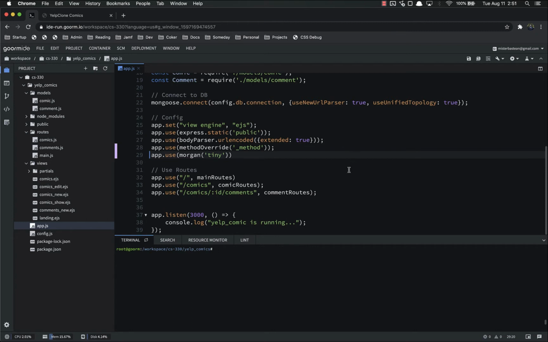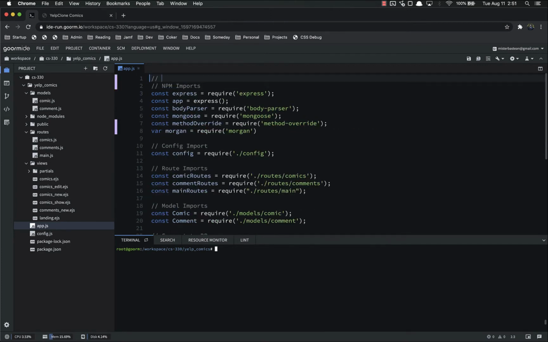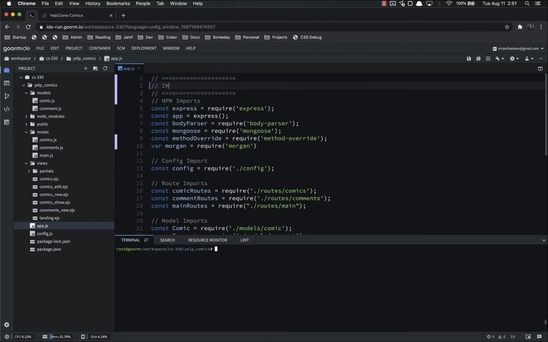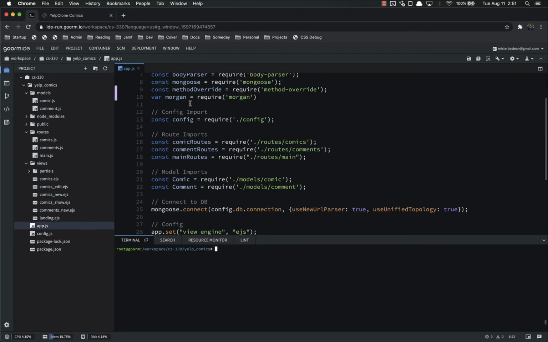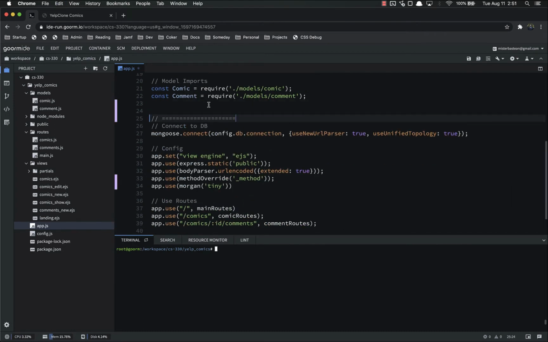So for the first item, our app.js continues to change. It continues to add more things and expand a little bit, so I'm going to add a little bit more comments and some more structure to make it easier to read and to work with. So I'm going to create a little header here. Imports. We've got our npm imports, our config import, our route imports, our model imports, and then after that I'm going to do